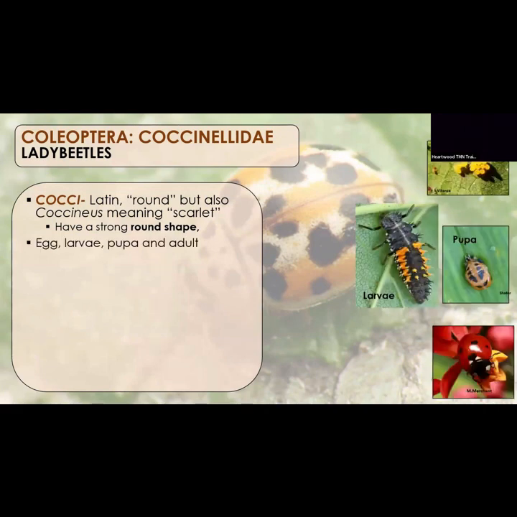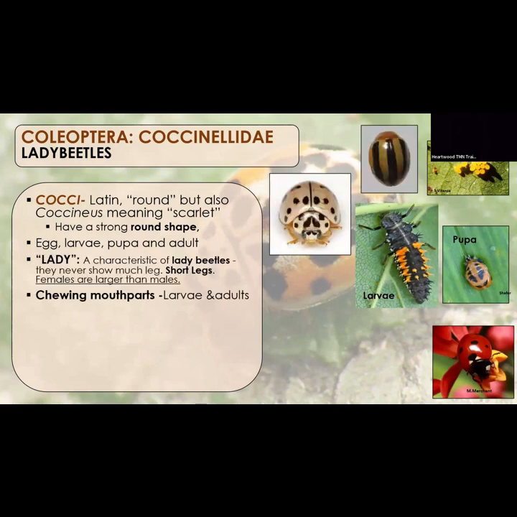Yep, it happens. They have eggs, larvae, pupa, adults. The larvae are really ugly compared to the beetles. So do you see a small creepy little thing? It's probably just a ladybug larva. I like this characteristic because a lady beetle never shows much leg. They have characteristically short legs. It's all hidden under their elytra. So that's another trick. Is it round? Are its legs pretty much completely hidden? It's probably a lady beetle.